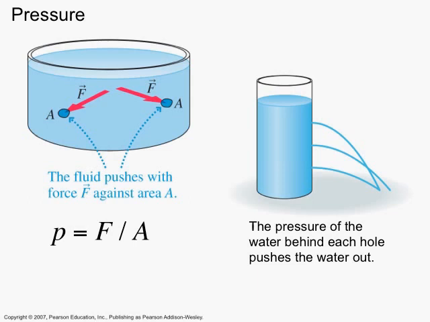Pressure, therefore, can be related to the forces of a liquid on the sides or the area of the walls of the container. So another relationship for pressure is force per area. The more force on an area, the more pressure there is, such as the greater the force on the area of the side of the container, the more pressure there will be. So pressure is both an energy per volume, or an energy density, and a force per area.